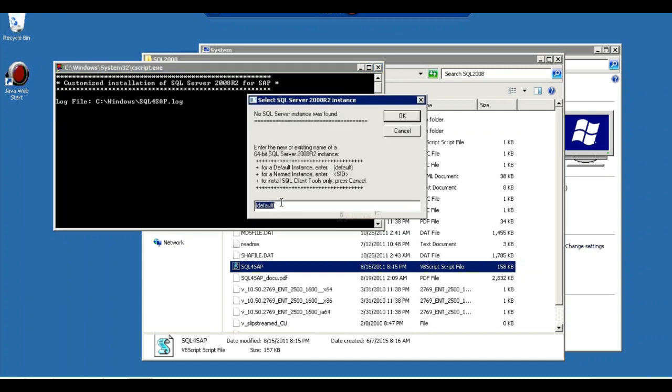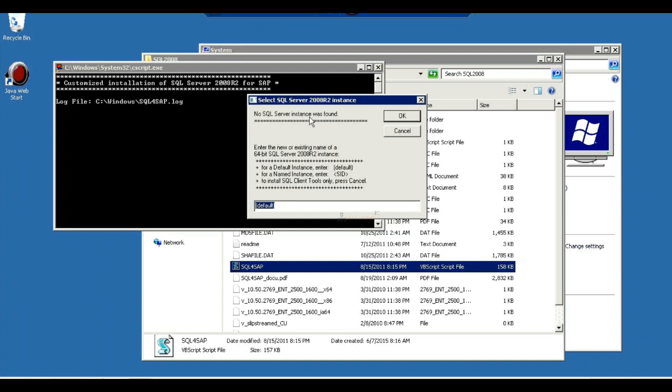Here, this default instance I am talking about: first, for SQL Server, we need to install a default instance. On top of the default instance, we need to install our database with our SID. First, we will install a default instance.